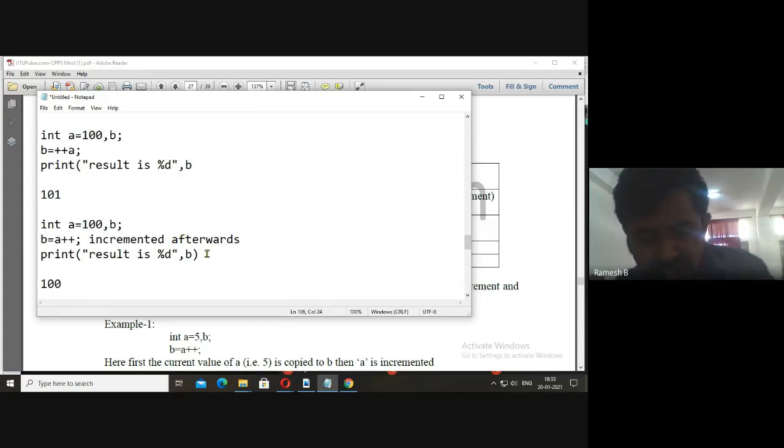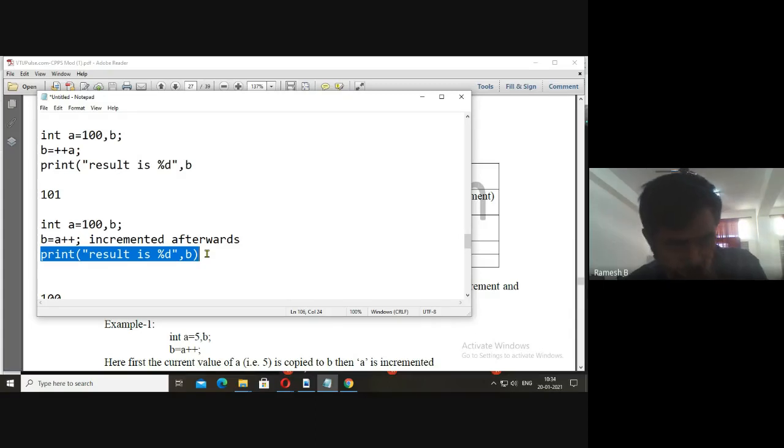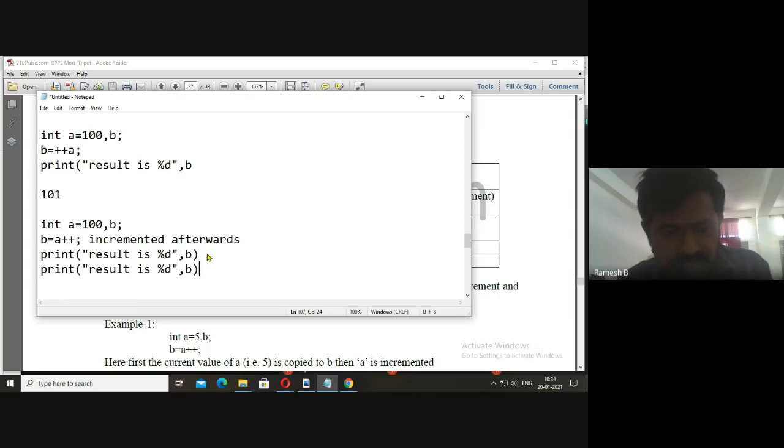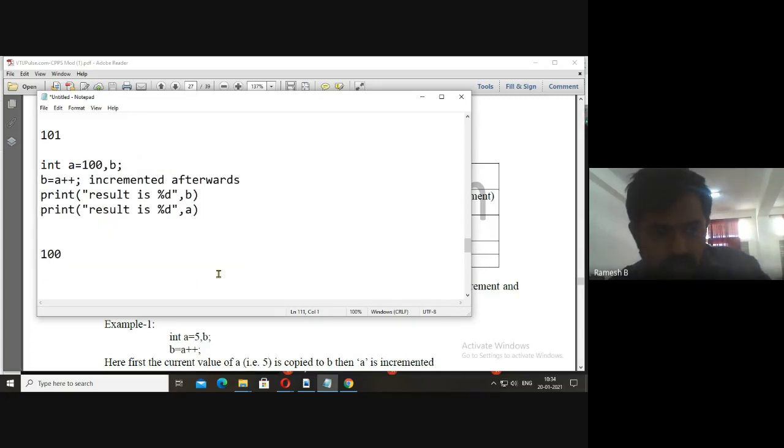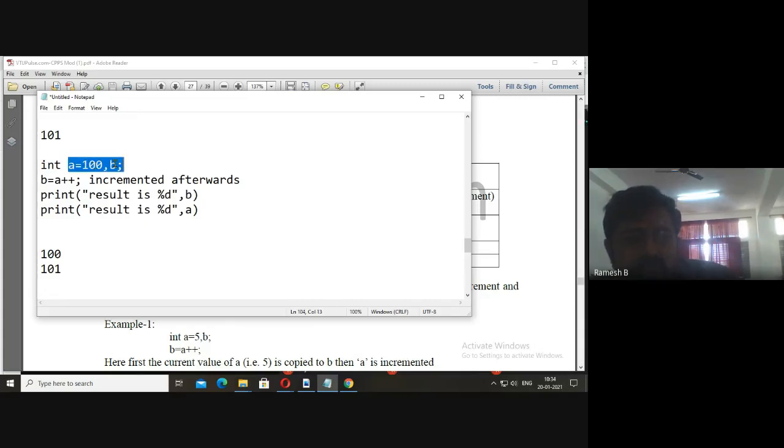After this line, if I print one more time, I'll copy this and paste it. This time I'll print a. What will be the value? 101. See here, first I am assigning a as 100, and declaring one more variable b. Now I am incrementing, but before incrementing, I am using that value.